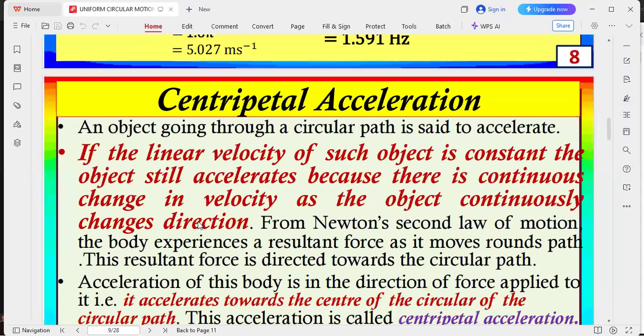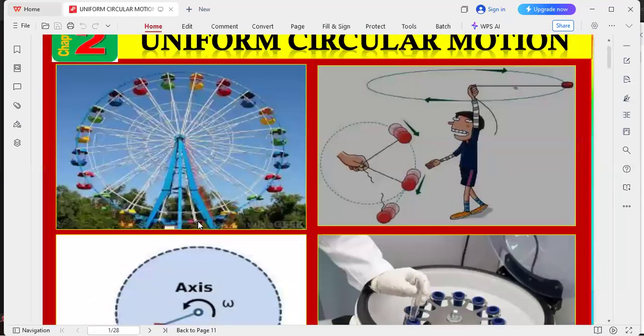When you look at, actually, we have two examples here. This one here on the left is called a vertical circle. This one on the right is called a horizontal circle. So here, this boy is whirling this body in a horizontal circle. Therefore, the effect of acceleration due to gravity on this body